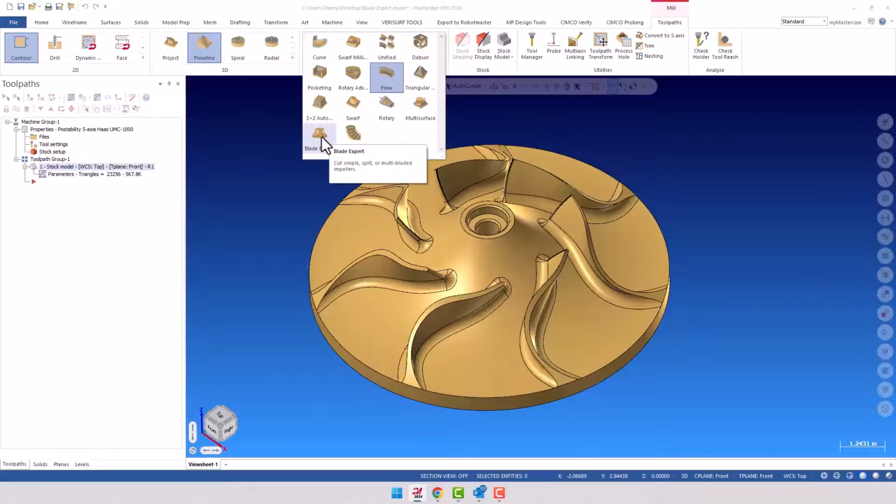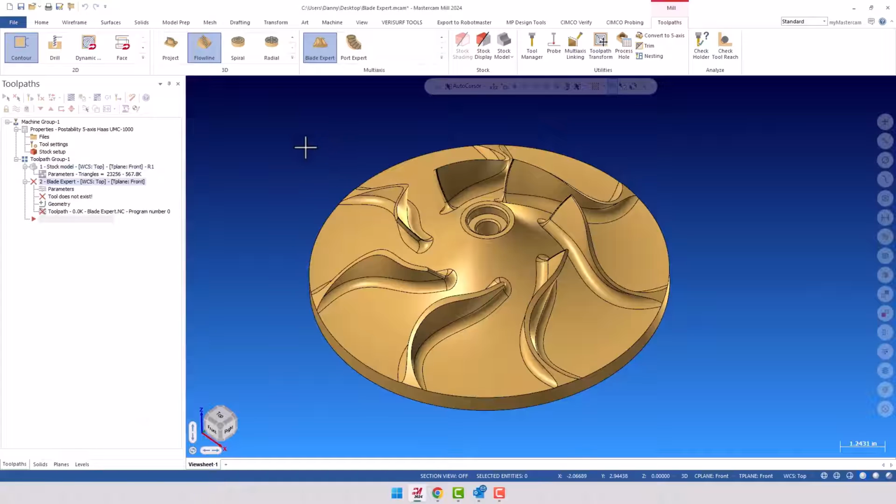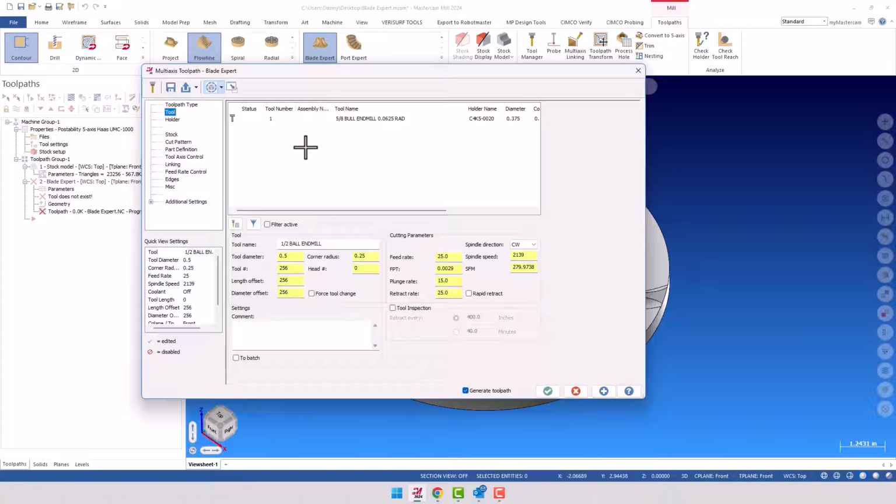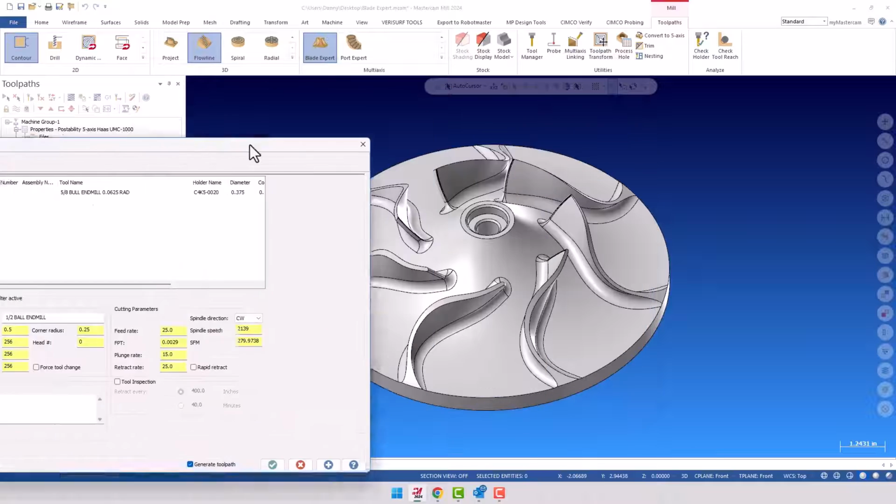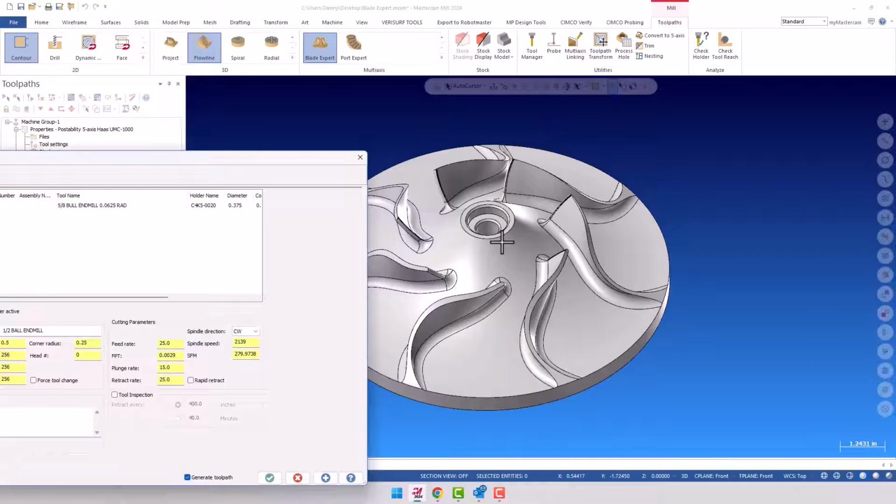and let's go over here and select the Blade Expert. And again, this is a can you cut this part using regular axis, multi-axis toolpath. If you have the multi-axis add-on, you can use a unified toolpath. You can do a flow line. There's all kinds of toolpaths that you can cut this, but all of them are going to require that you create some extra geometry, create some splines to help guide your tool, especially when it comes to tilting and so forth. And what Blade Expert and Port Expert do,